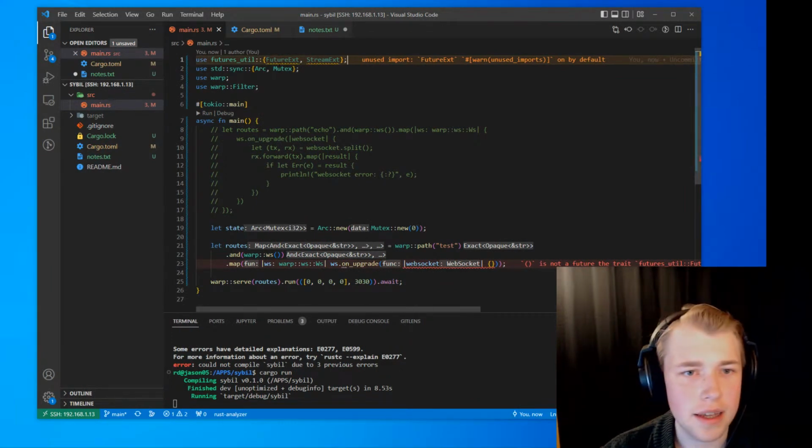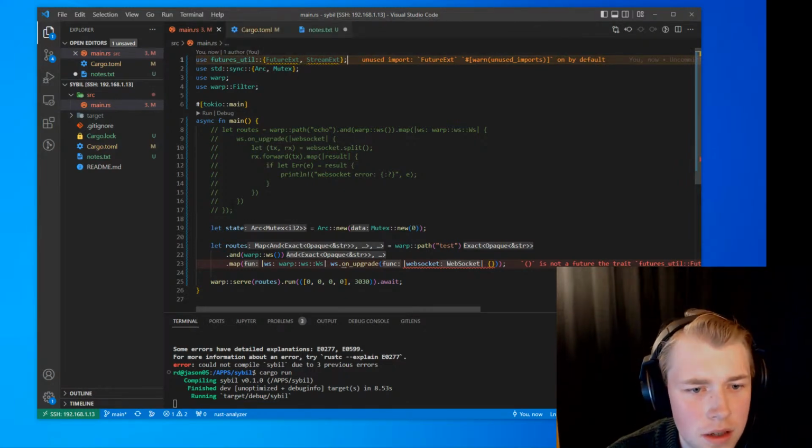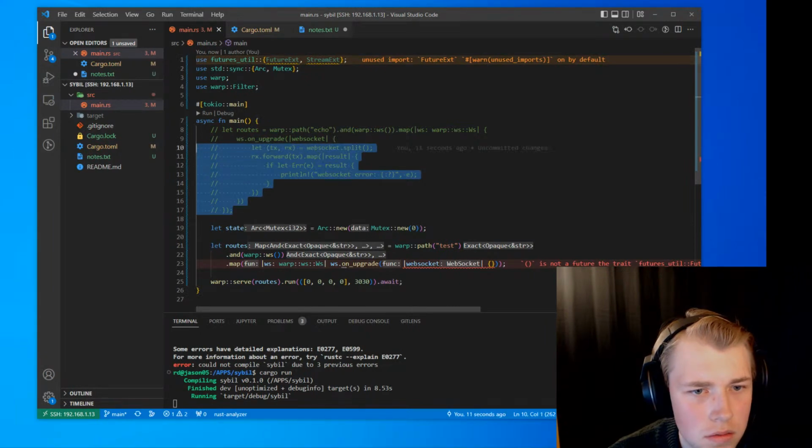I don't know why that example imported the futures utils thing. Oh, maybe that was the... Anyway,